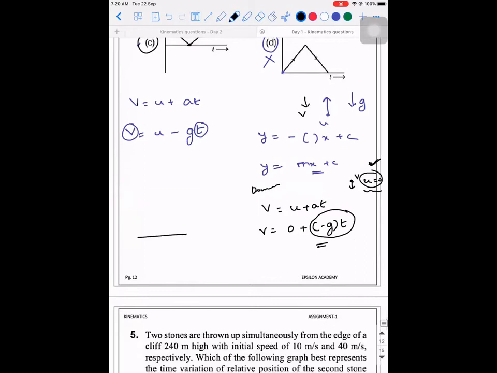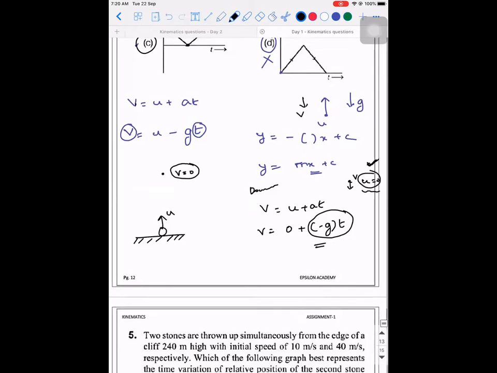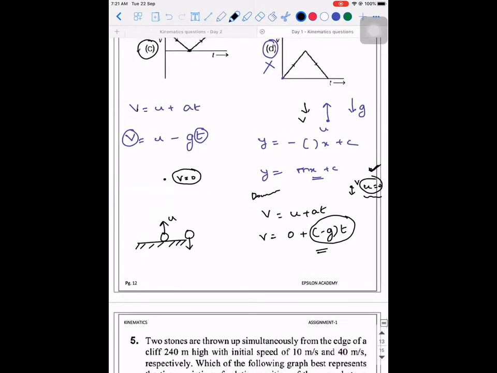So yesterday's point, what I told you was, if an object is projected with initial velocity U, at the maximum height, the final velocity will be 0 for a moment. That final velocity being 0 at the maximum height will act as the initial velocity for the downward journey. So I'm repeating it. Final velocity of the upward journey will act as the initial velocity of the downward journey. When that is happening, don't take that velocity as U. But one point is clear, when it is going to come and hit the ground, it is going to hit with the same velocity U in the downward direction, provided there is no non-conservative force, that is, no resistive forces acting. Yes, I hope it is clear.